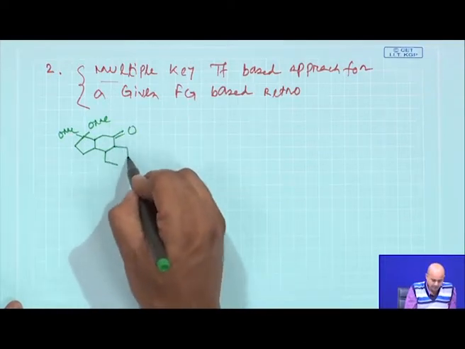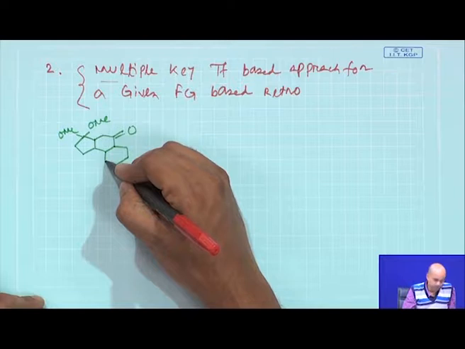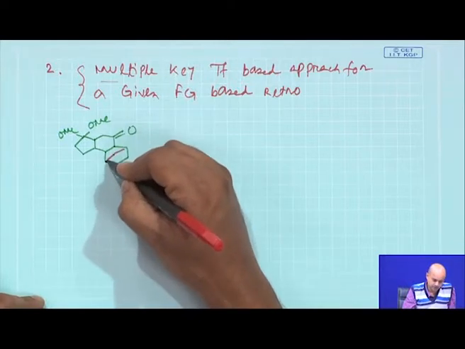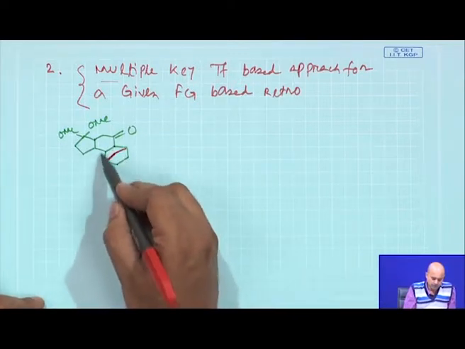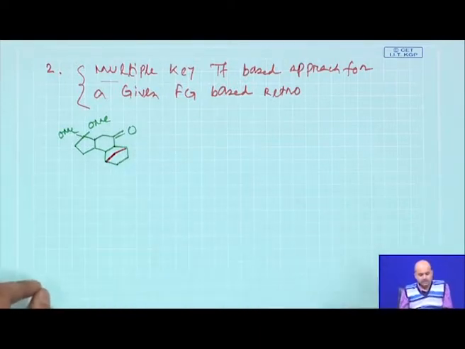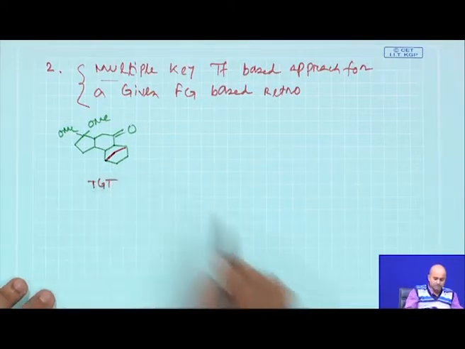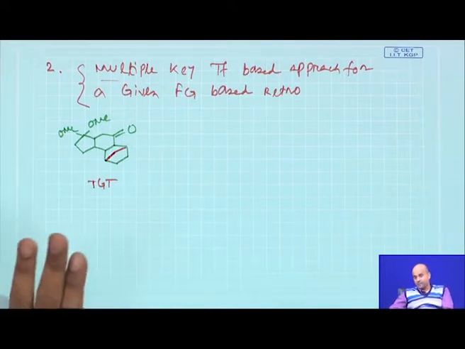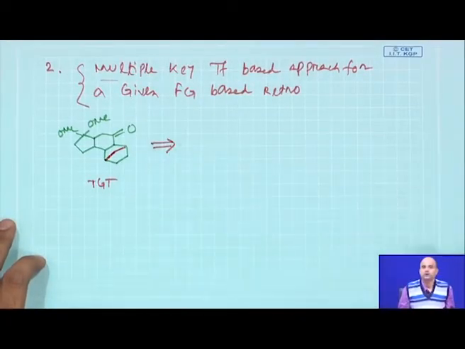Let me first complete the structure, and now you will find that this compound has another bridge structure. This is a bridge structure. So, there is a 5 member ring, this is a 6 member ring, and in between the 6 member ring you have a bridge unit. Now, once the target structure is known to you, and I have not given the starting material, definitely, as I said, this is a complex scenario, where you can think about where to start from.